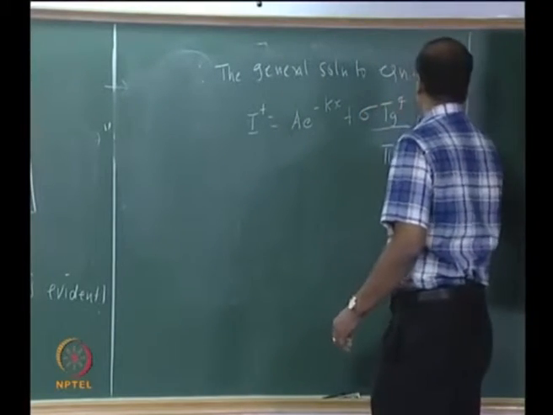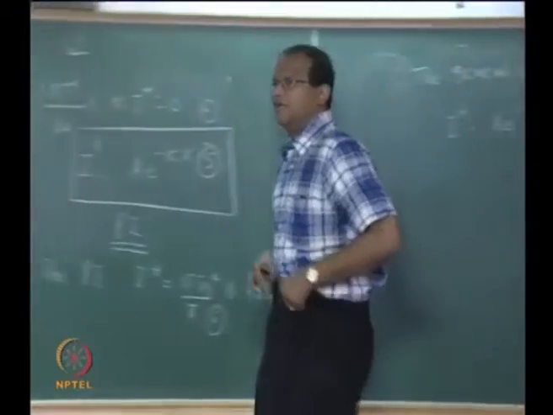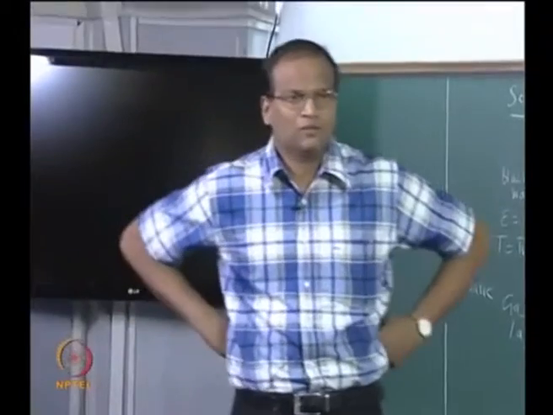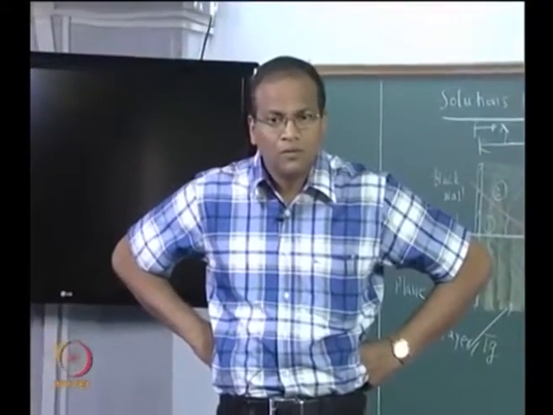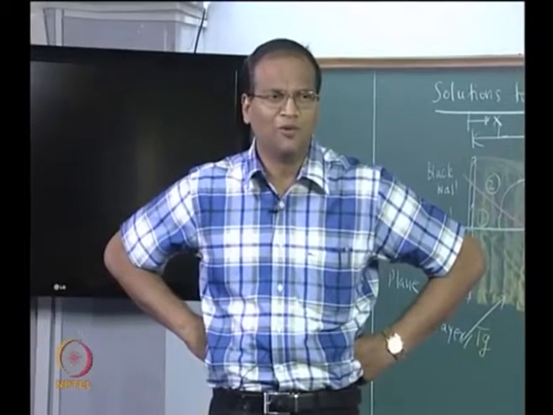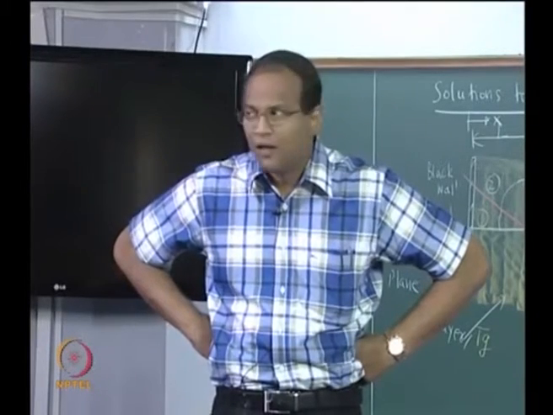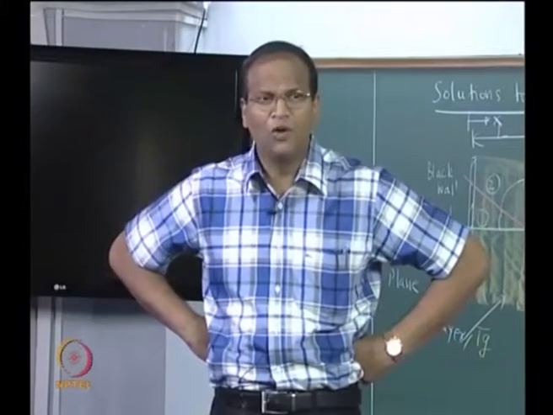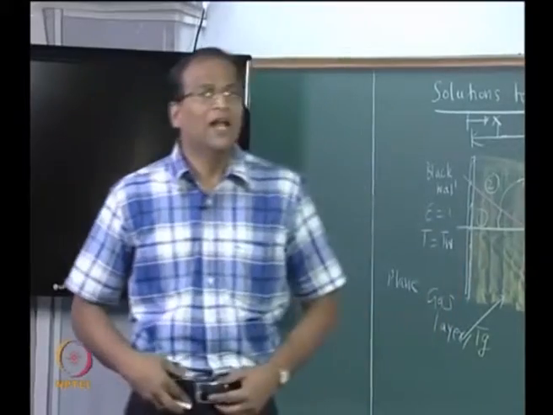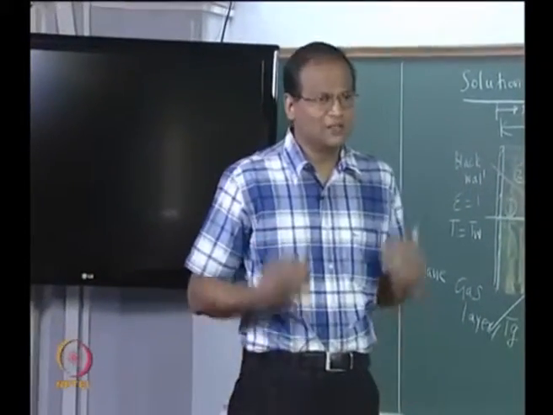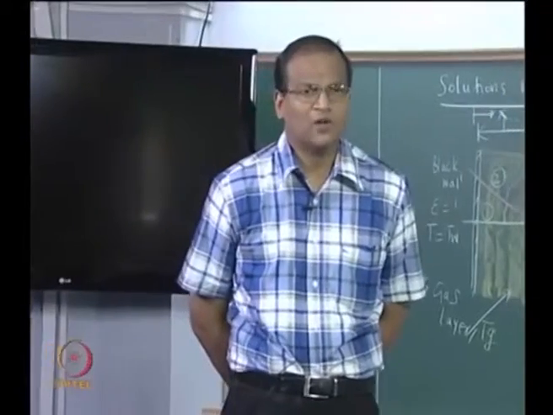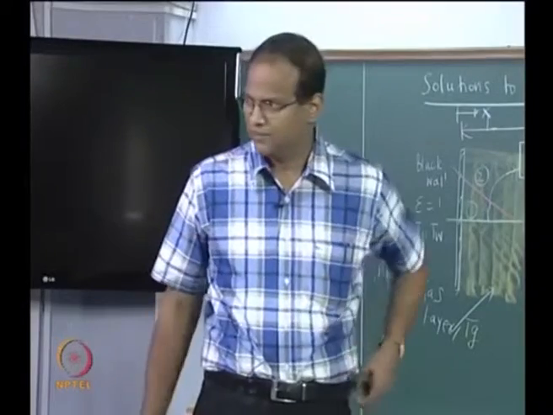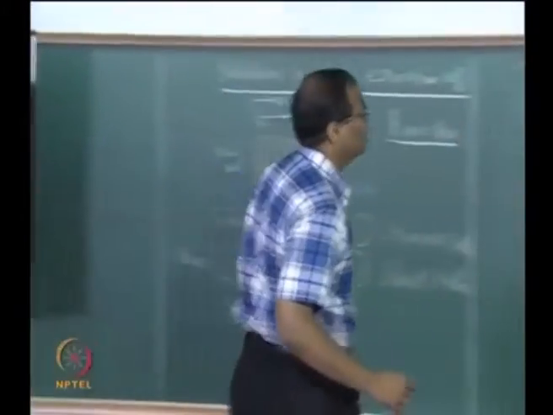How do you get A? What is I at x equal to 0? It is not sigma Tw to the power of 4. Be more accurate. I am not talking about E. By pi. At x equal to 0, I is basically that which is originating from the wall. We are looking at this story. What is happening to sigma Tw to the power of 4 by pi as it goes through the gas layer? So at x equal to 0,